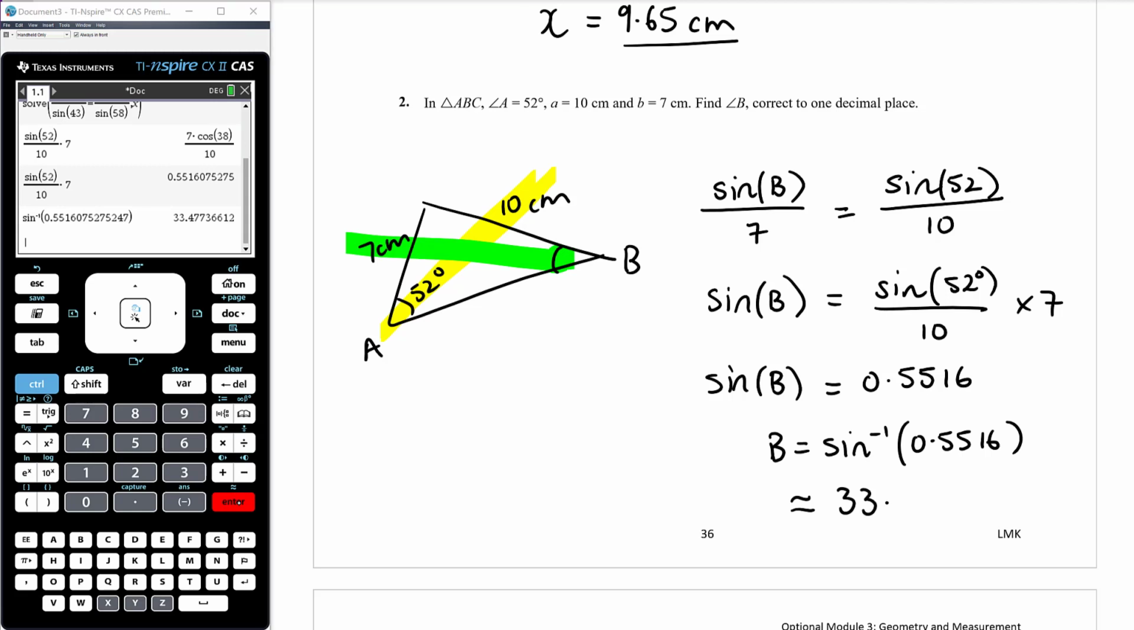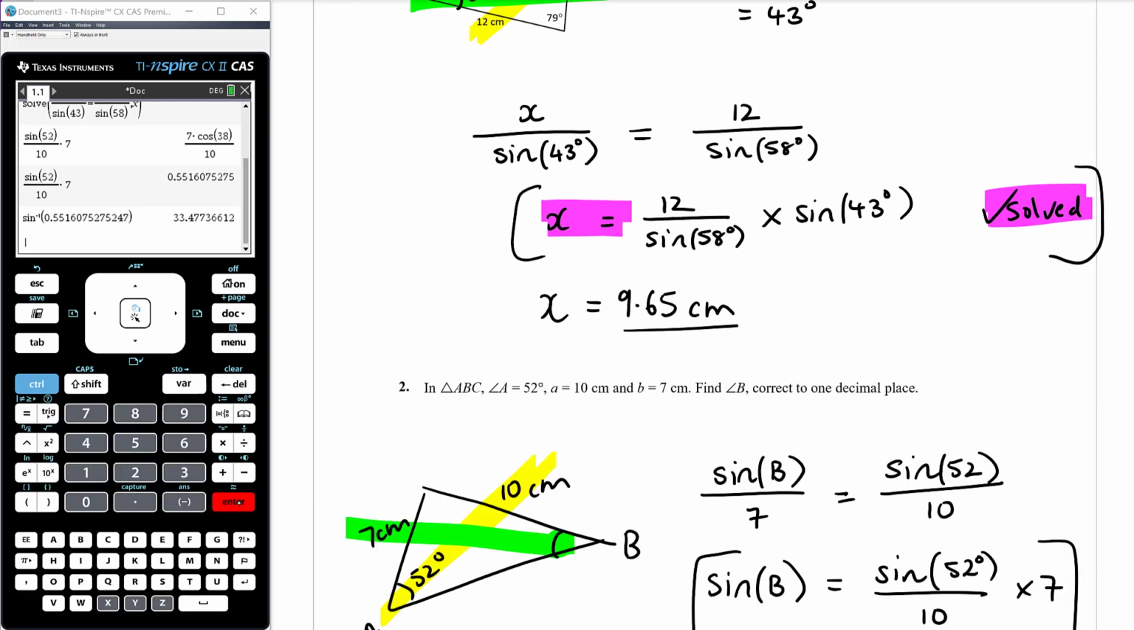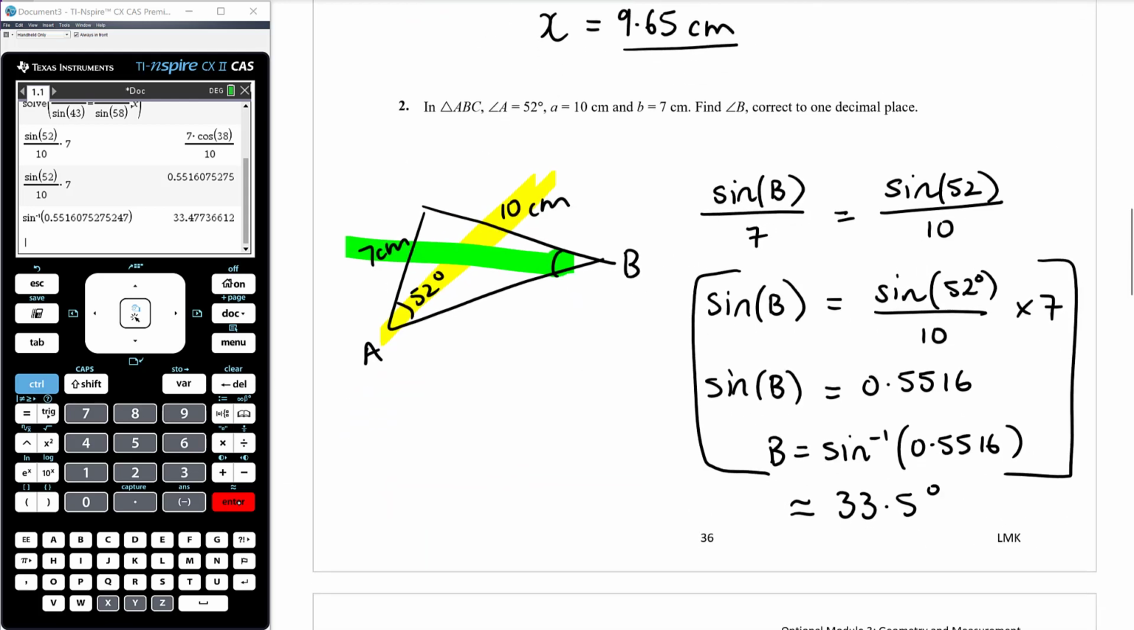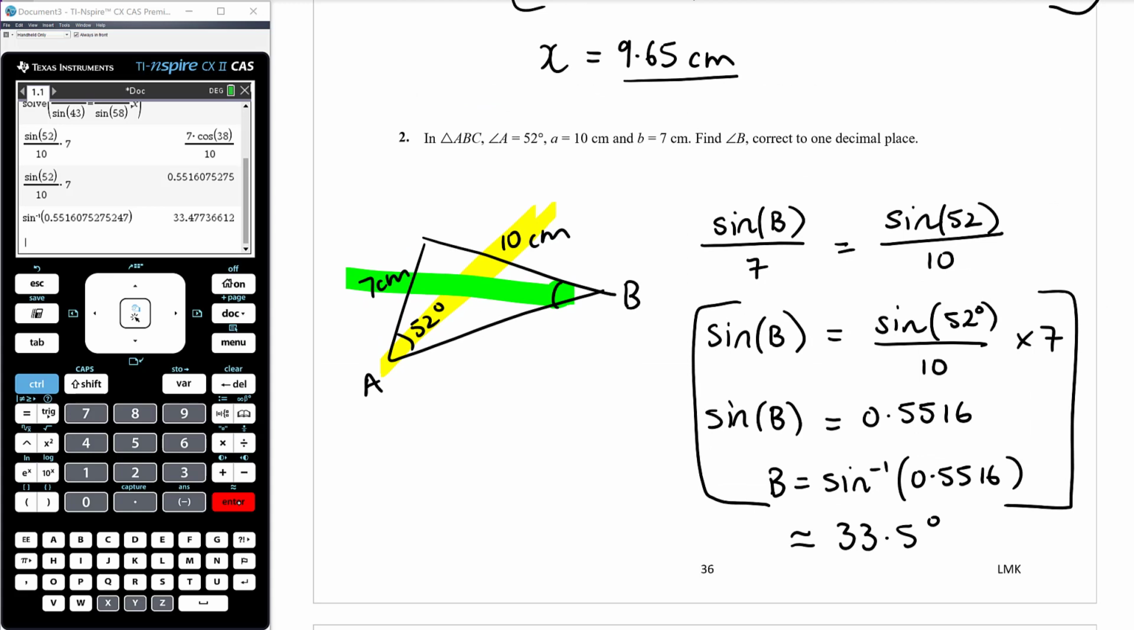33.1, to one decimal place, 0.5 degrees. Okay, I actually wouldn't advocate doing the solving yourself when it's an angle that's unknown. And I know I just, in the previous example, advocated it up here. It's not necessary, but it's perfectly possible here and fine. But when it's the angle that's unknown, and we'll see this in a minute when we talk about the ambiguous case for the sine rule,